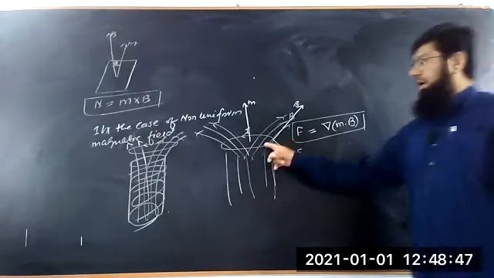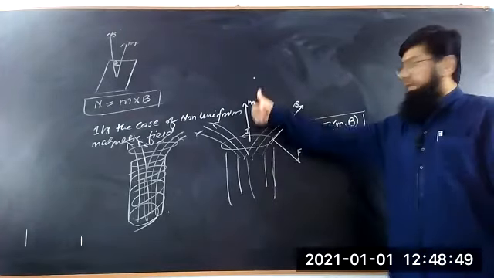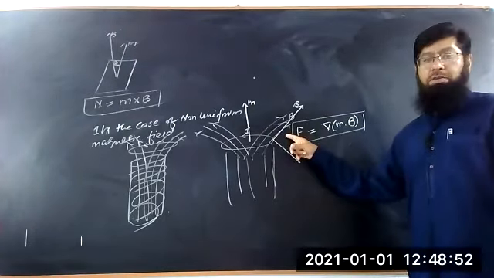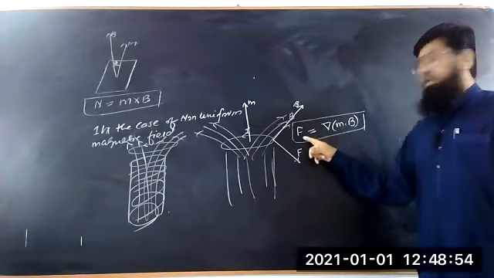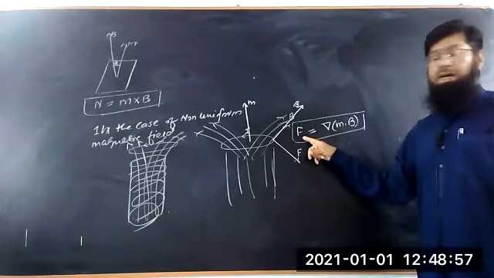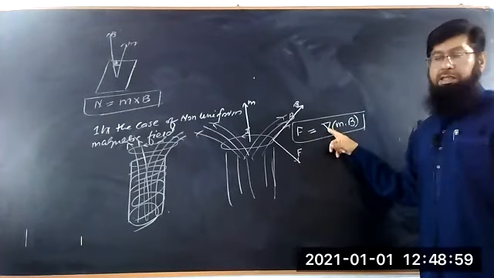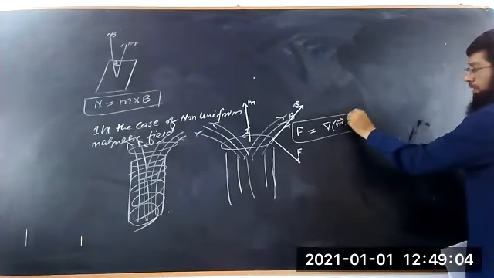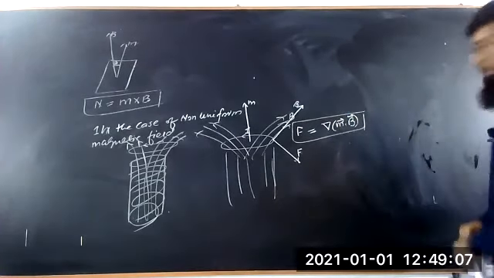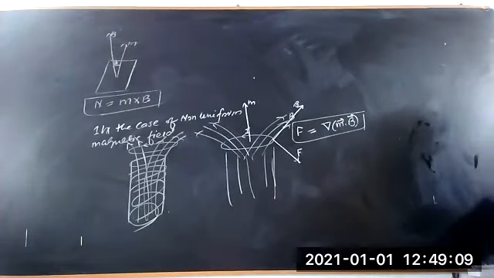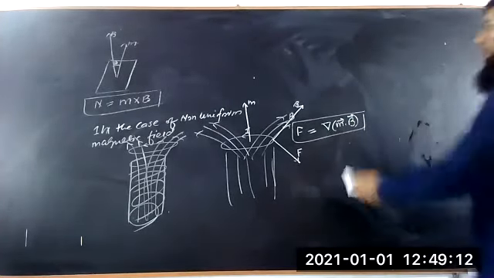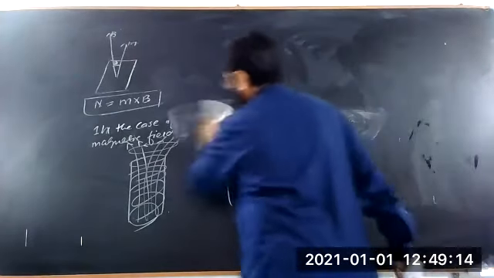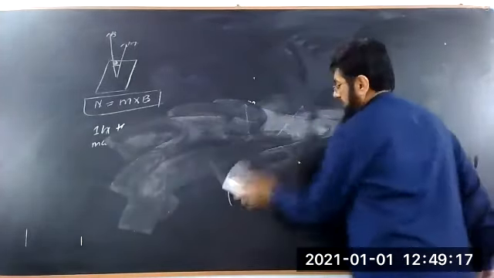When the coil or loop whose dipole moment is M is placed in a non-uniform magnetic field, as a resultant, the force on that coil, that dipole moment, is equal to the gradient of M dot B. And this M is the magnetic dipole moment and B is the external magnetic field. So this is the equation for the magnetic dipole moment. So this is the complete story of when the magnetic dipole moment experiences the torque and force.